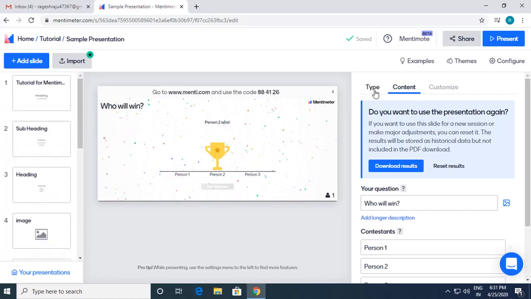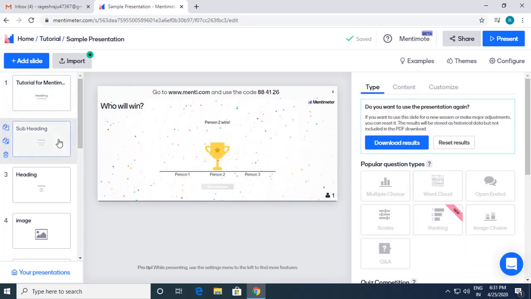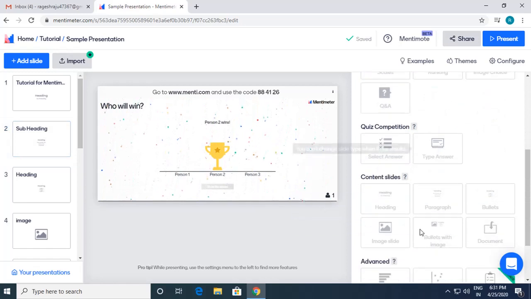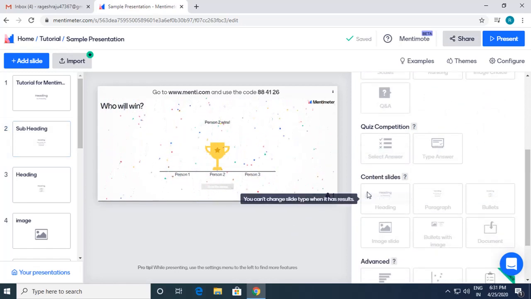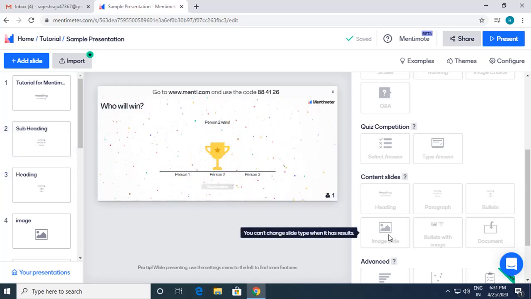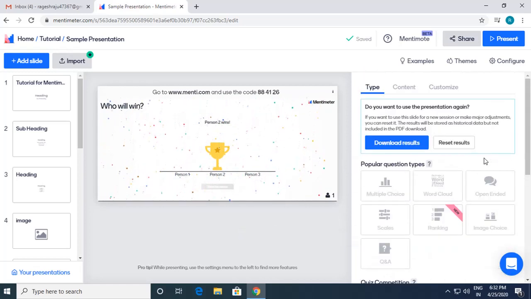There is one more thing, a best practice, which I can tell you. For example, as you have seen, the type or the content which is coming here is not so well arranged. So if you want to change something, you can download your Google Slides or your PPT as an image, and that image can be added here as an image slide. Or else you can integrate a few of these quizzes or polls into your Microsoft PowerPoint or Google Slides, for which I'll be doing one more video on how to integrate this. So this is how we can do it.